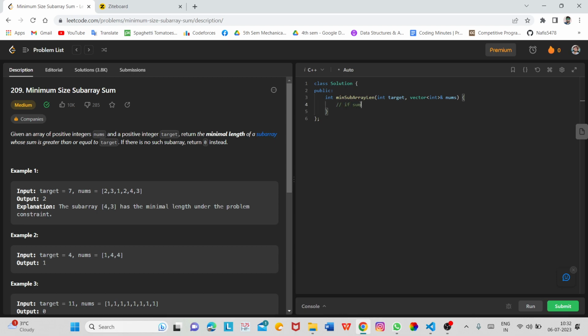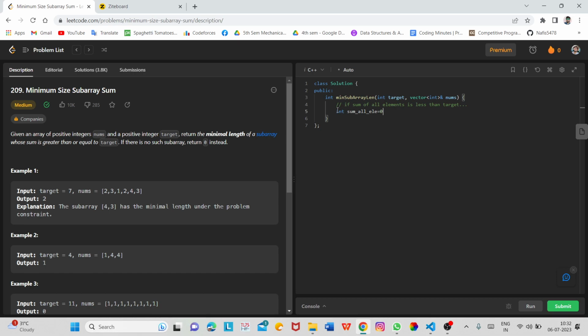In this case we will not get any subarray whose sum is greater than or equal to target. So in such a case we have to return 0, because they have asked us to return 0 if there is no such subarray. So we will first find out the sum of all elements.